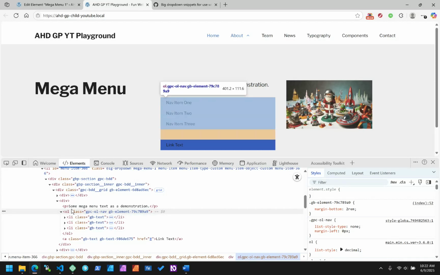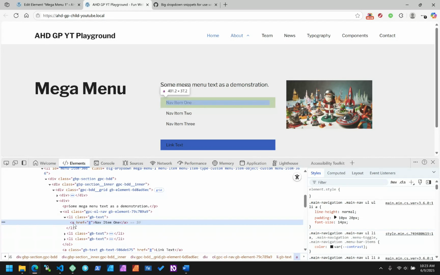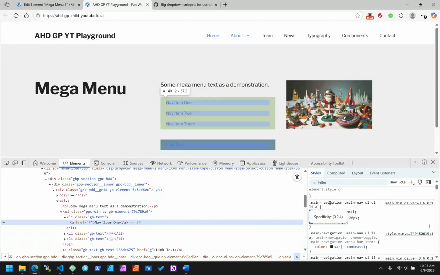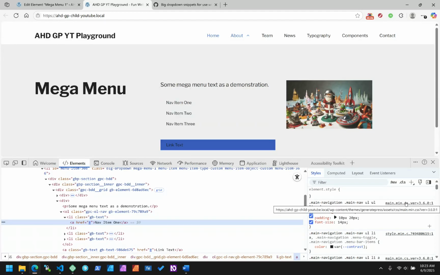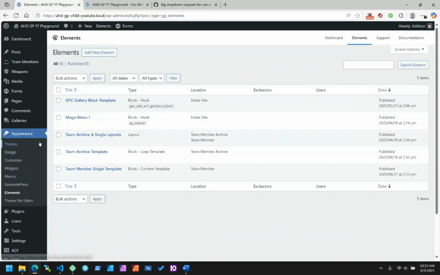Okay, we kind of got rid of it. See that it is the A element. It's inheriting this line height, this padding, and the font size from main navigation. These are styles within GeneratePress that are being applied via the customizer, because remember, you get to style. I'm going to make it longer, but I think you know what I'm talking about. If I go to Appearance and Customize,